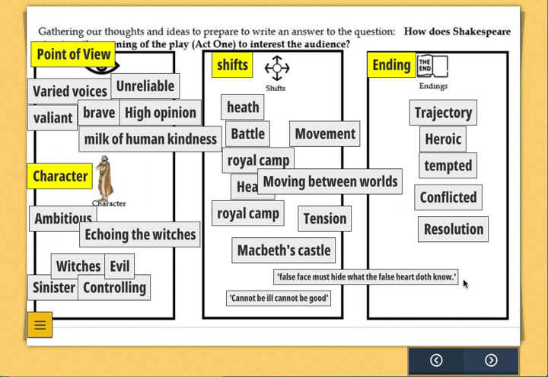False face must hide what the false heart doth know, but it's almost like he doesn't trust his own heart here. Obviously he's speaking about his heart not in the sense of the seat of love. It's like his brain, really; what's in his heart is what's in his mind. So the idea that his heart is false here gives us an early indication that he's going through with